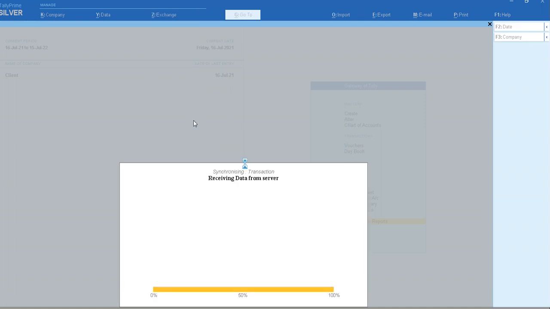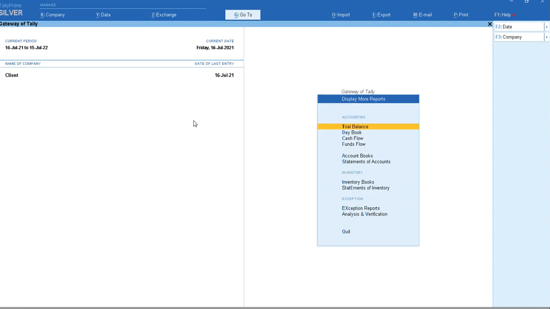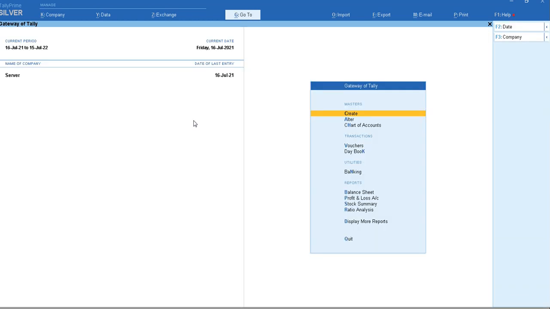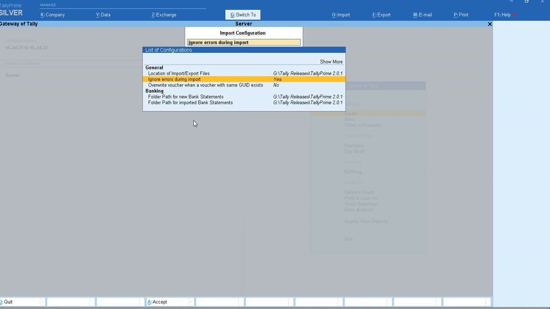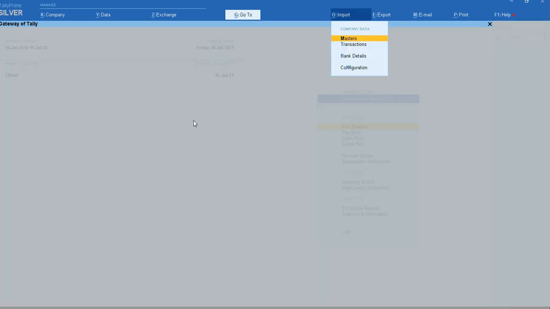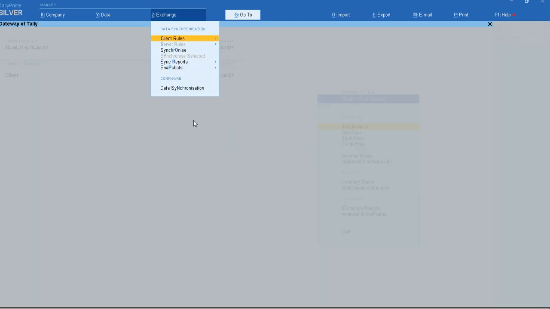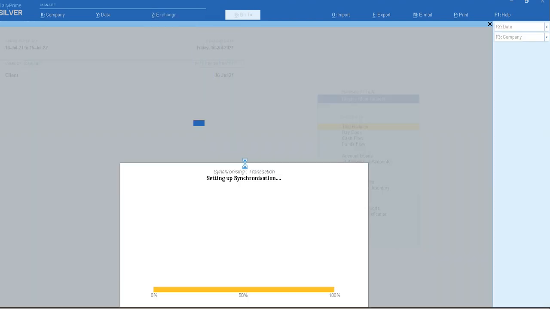Synchronization started from the client side. I think the entry still did not come.